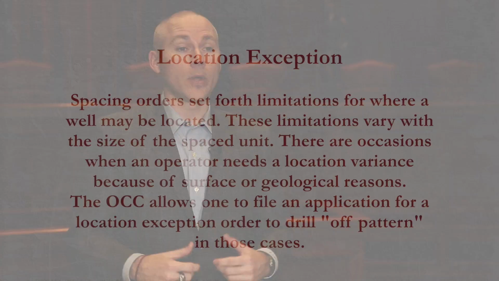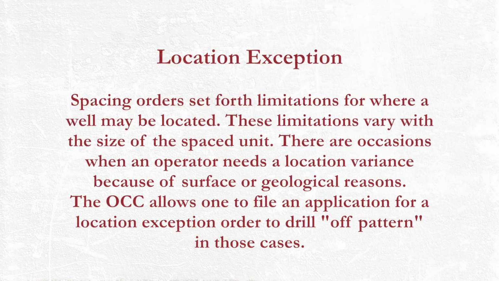But what happens if we want to drill outside that particular designated or legal location, if you will, under whatever drilling and spacing unit size that we choose to ask permission from the commission for? Well, typically what happens is that we have to get what's called a location exception. In the state of Texas, oftentimes you'll hear these referred to as either Rule 37 or Rule 38 exceptions. But in Oklahoma, it's typically called a location exception. So let's talk a little bit now